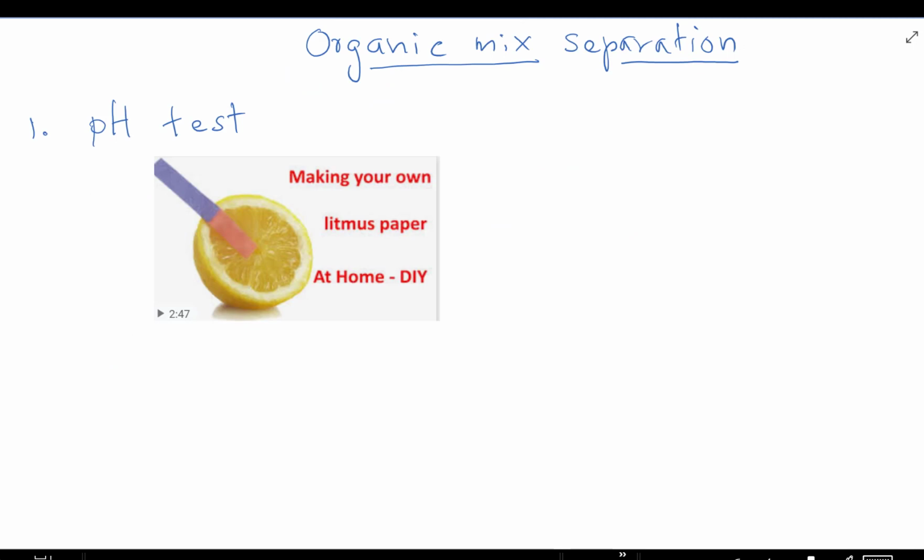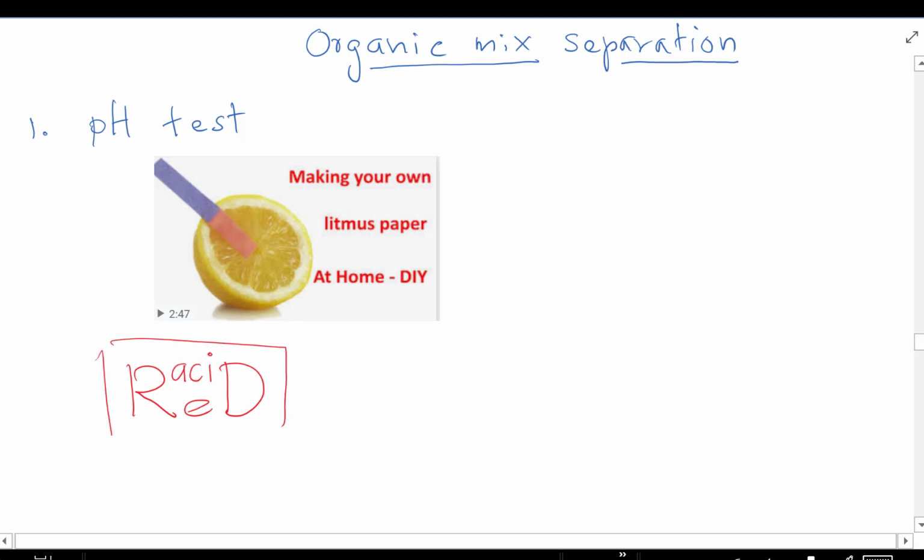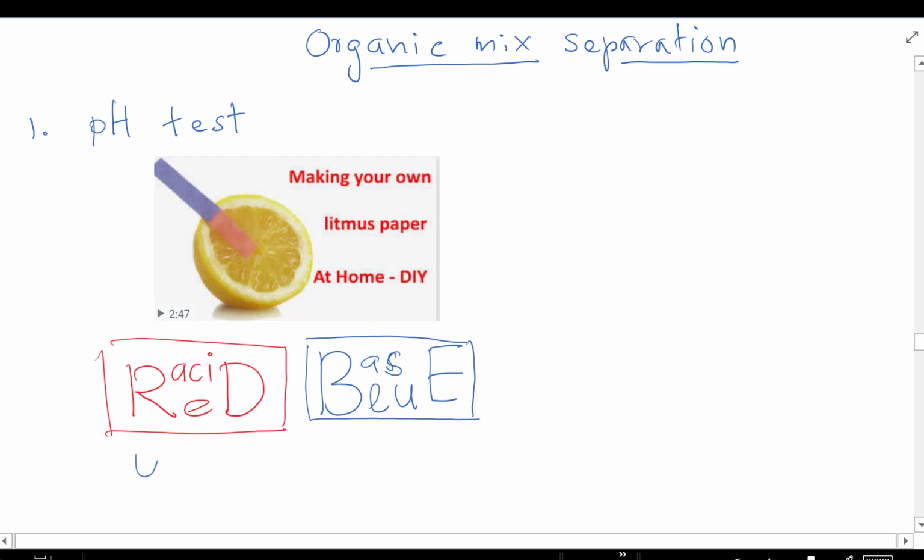We also need to know some terminology and some equipment. The pH test, we're going to be talking about that. You can remember red for acid: litmus turns red when it is acid, and litmus turns blue when it is basic, or base, right? Okay, so what do we need these for? Because we need to use litmus to know if we have done an acidification or basification